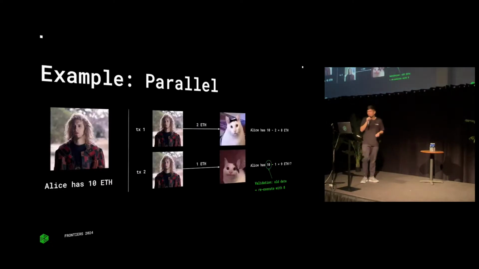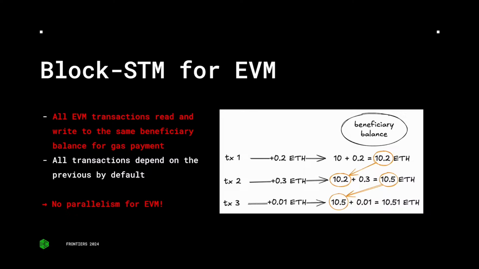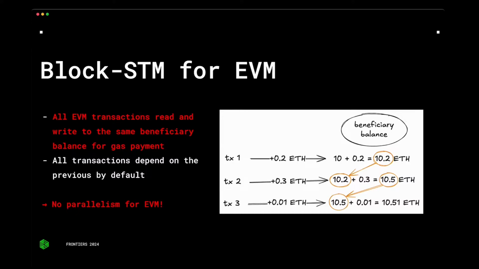So if we get back to this example, then a validation task on the second transaction would notice that it was executed with an old balance of Alice, so it would reschedule the transaction to be re-executed with 8 ETH instead. And it turns out Block-STM is not that applicable to EVM off the bat, because all EVM transactions read and write to the same beneficiary balance for gas payment. So for example, like in this transaction,